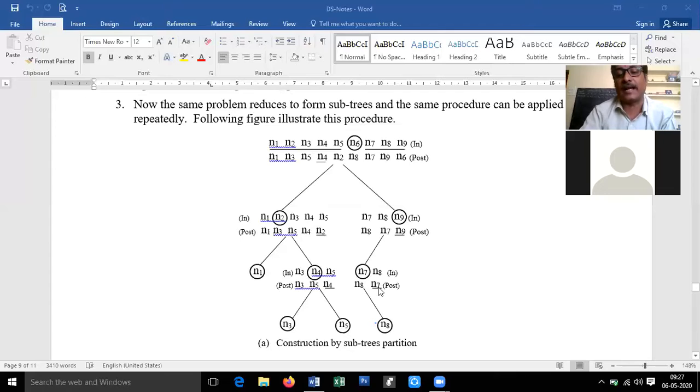See, what I need to do again is traverse this from right to left. The first node which I find in post-order is N7. Now I mention that N7 in in-order. I find on the right side of N7, N8 is present, but on the left side there is no element, which means we have successfully constructed the right subtree of the node N6, which means the tree is completely constructed.